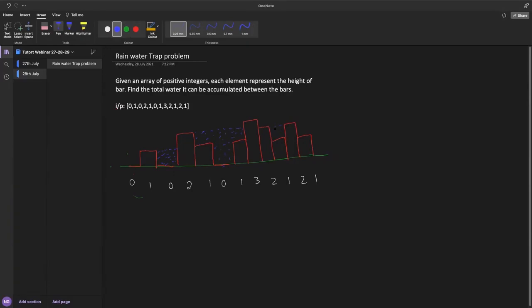Now what we have to find is how much total water it can accumulate. Here it is accumulating some water, here some water, here some water. So what is the total water it can accumulate?